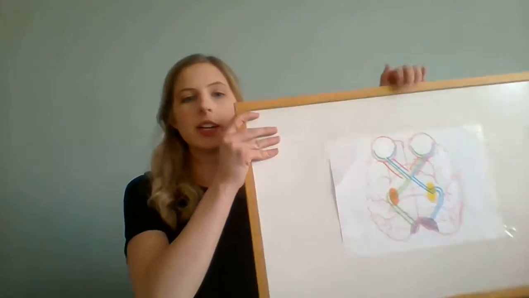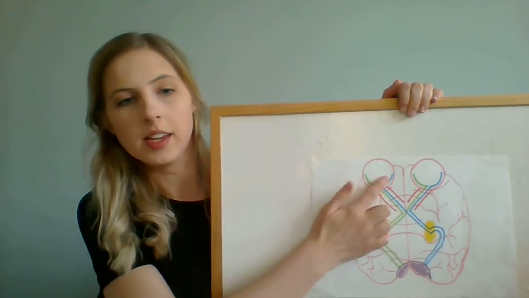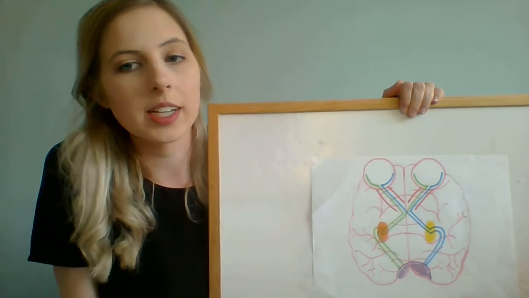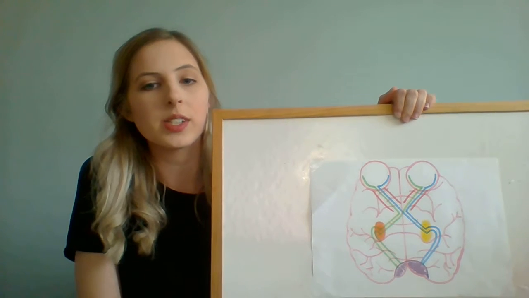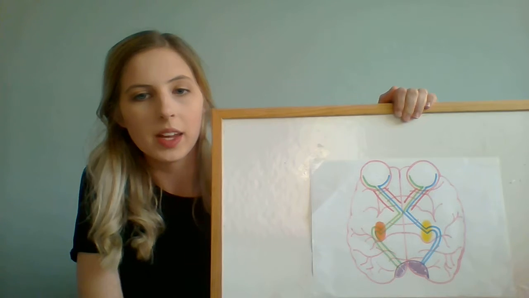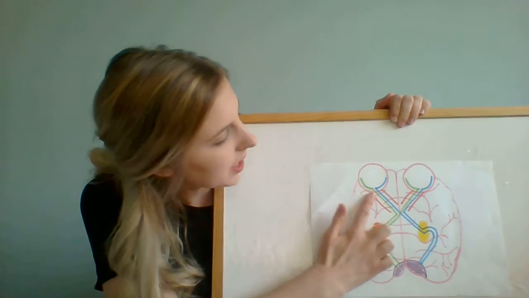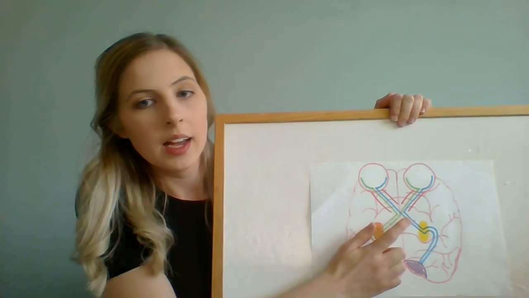So if we use our diagram, at the lining of the eyeball there's the retina, which contains a layer of retinal ganglion cells, which are cells that project visual information to the brain. So these cells pass through a channel called the optic nerve, which is this one here, and they cross at